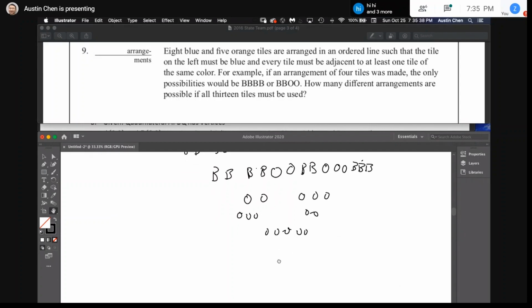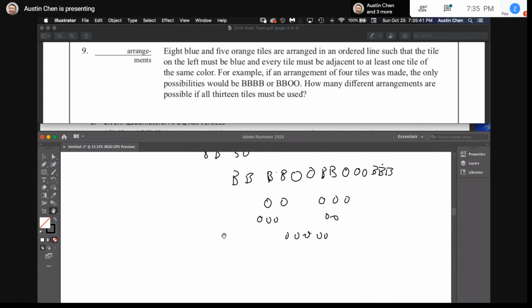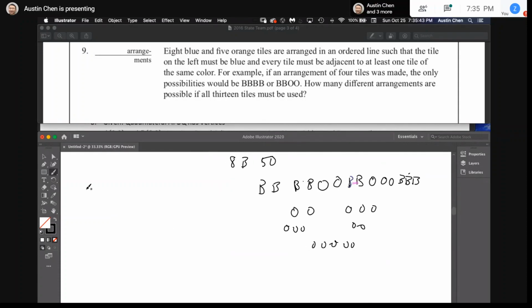All right. So now we can separate it into cases. We can separate it into our 5 O's case where all our oranges are together, and our 3 and 2 O's case. So our 5 O's case, how many sequences are there going to be? Well, we know that we have to start with blue, and then we can put our 5 oranges anywhere, right? So we can put it in the third spot,